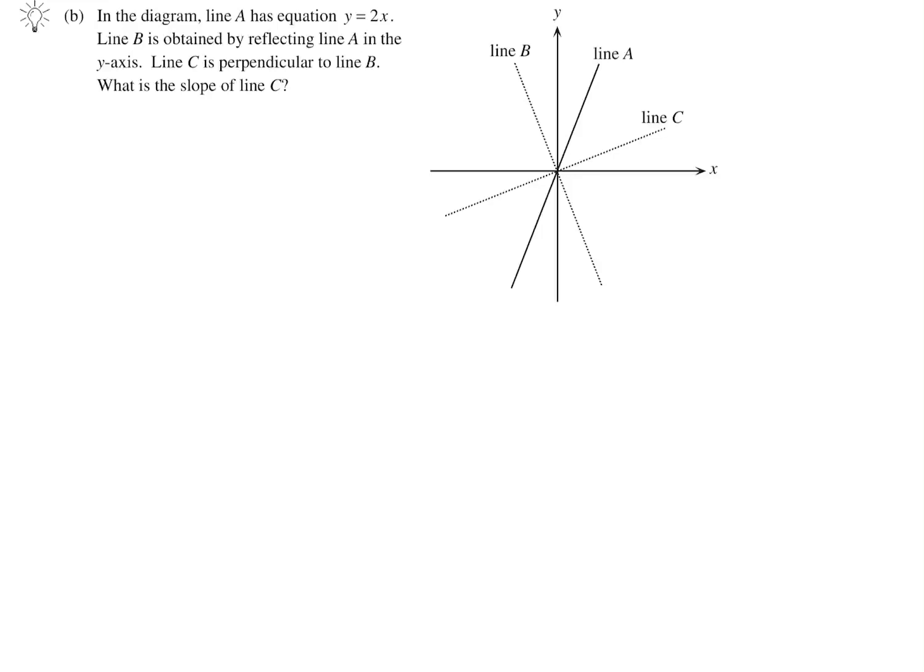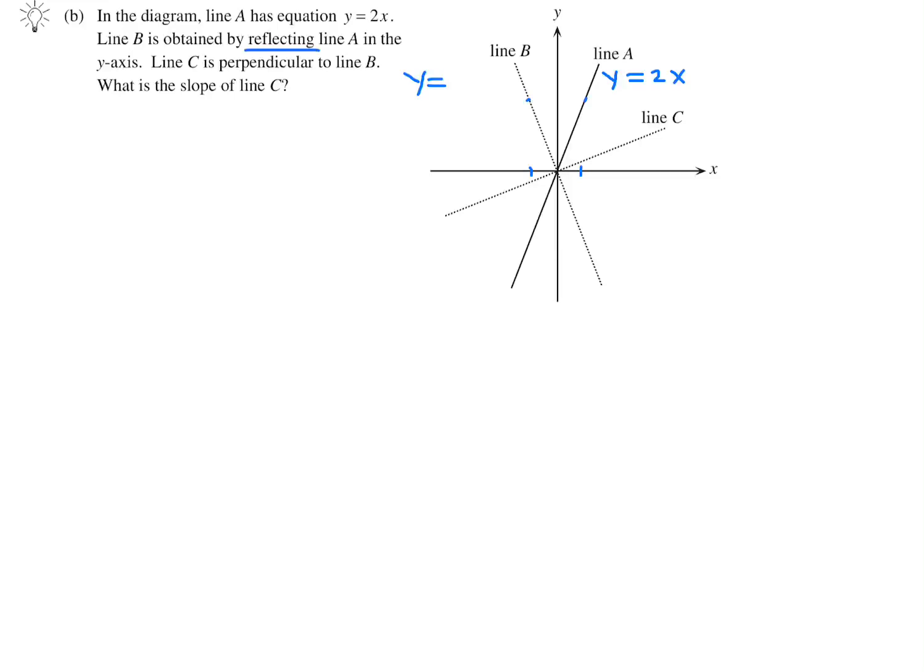So first and foremost, line A right here has the equation y is equal to 2x. Now if you reflect it in the y-axis, as they are saying in the question, you get line B. And line B, we want to know its equation. All right, well, think about it for a second. If you have any point on the x-axis and you rotate it or flip it or reflect it, whichever word you want to use, in the y-axis, it'll go exactly to the other